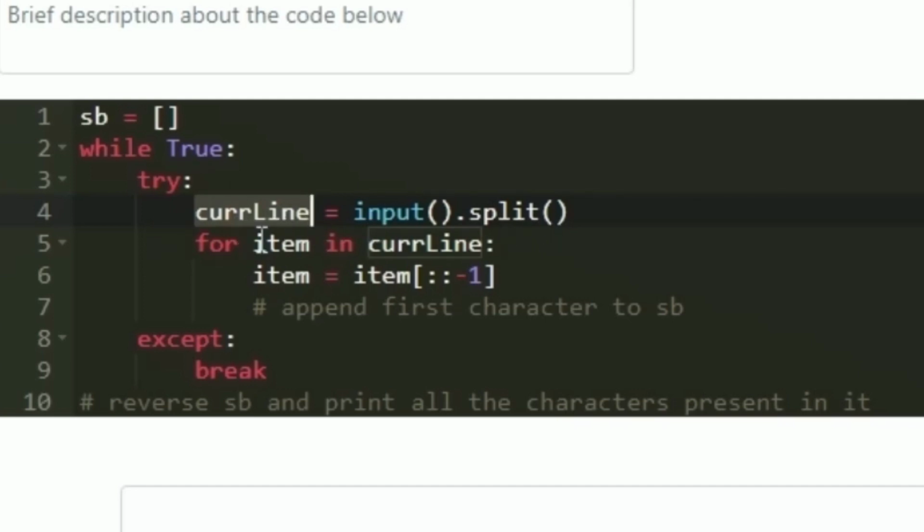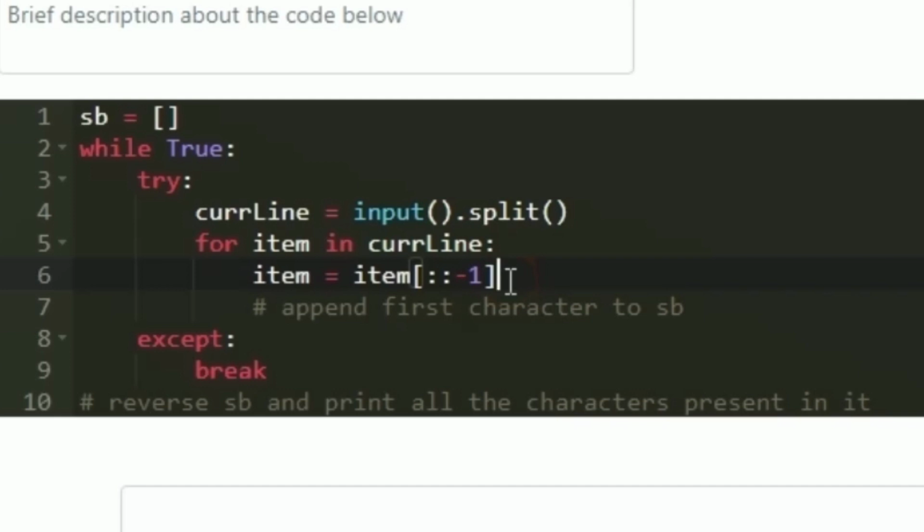Now we have to iterate through each and every space separated string. So I am creating a loop that iterates through each item present in the list. For item in current line, we have to append only the last character to the SB. So we are going to reverse and take the first character. I am setting item equal to item[::-1].